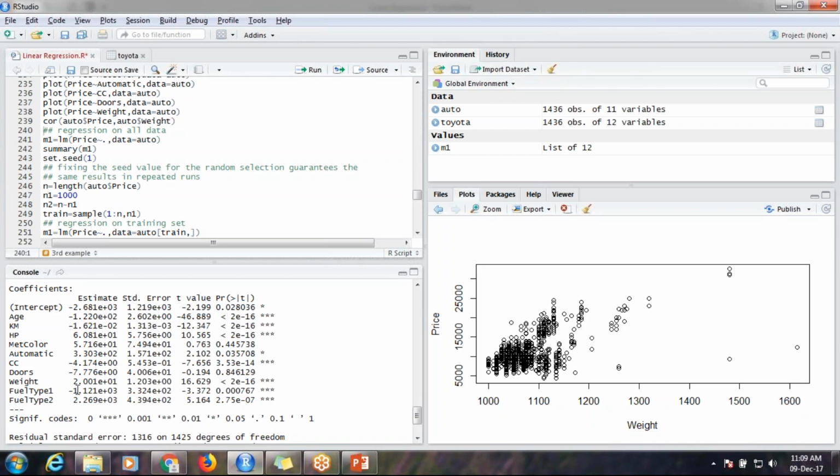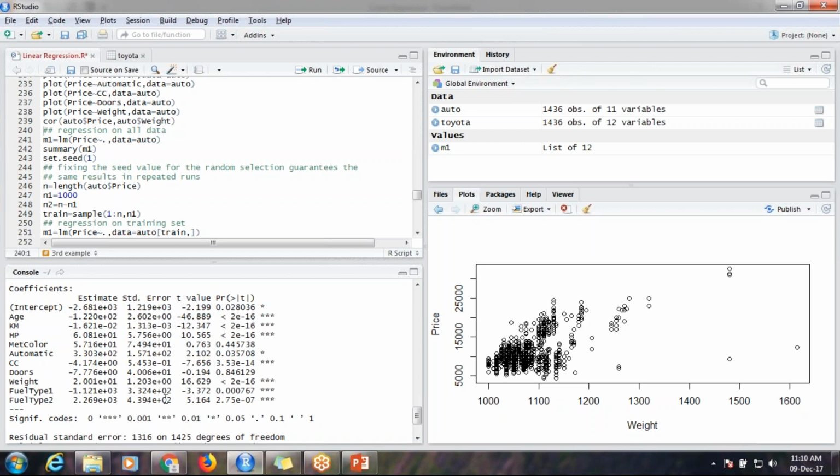And doors also less. And here I have weight and fuel type. So negative means, is it making a positive? The sign means mainly how much impact it is making in which direction. So this is mainly about the estimate. This is the standard error, which I showed you in the